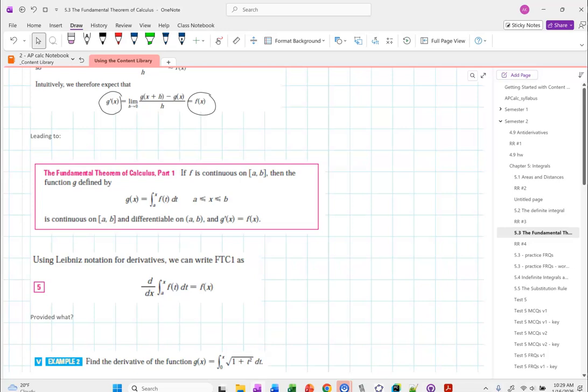It says if f is continuous on the closed interval from a to b, then the function g defined by this area-so-far function is continuous and differentiable, and the derivative of g is f of x. So if I take the derivative of both sides, it just cancels out the integral. That's what it's saying. Part 1 is just saying that derivatives and integrals cancel each other out, like multiplication and division do,